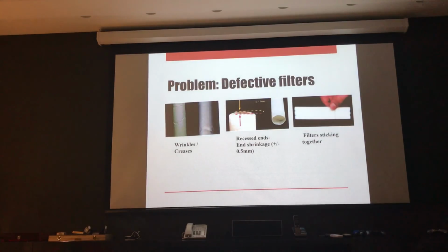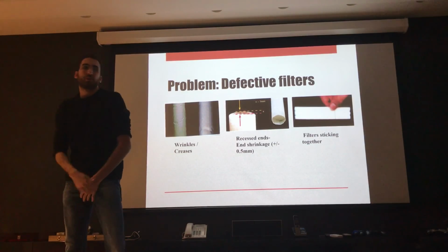The third problem observed at the company was